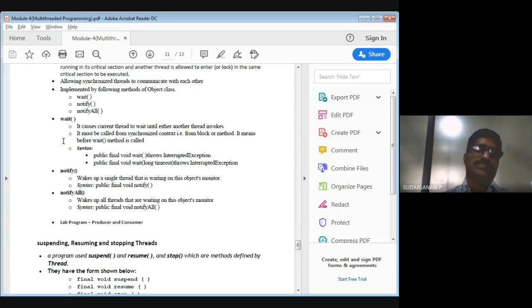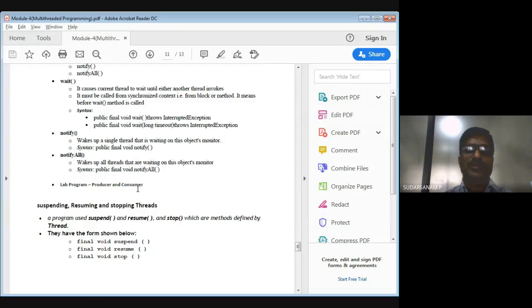All these things we have executed in the producer consumer concept, where we used these concepts. I already told you how synchronized works and what the use of the wait, notify and notifyAll functions is. We utilized them there. In the examination, you have to write this explanation and the producer consumer concept. If you write it as a laboratory program, wait and notifyAll will all work.